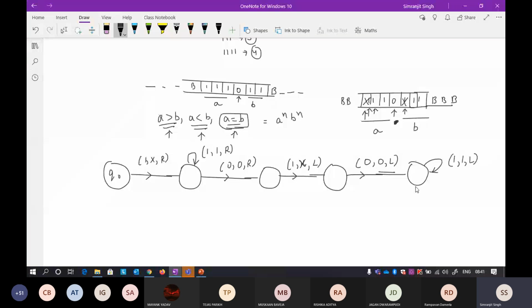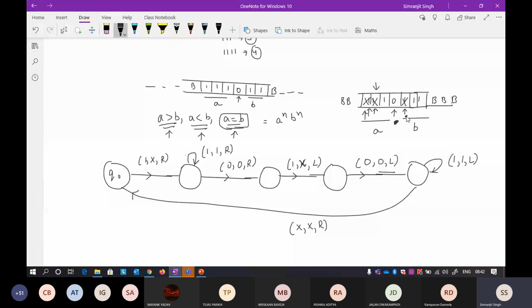So I'm just drawing a loop here, so it will go towards this one. And now when it gets x, it will keep the x as it is, and one step it will move towards right. Okay, now your pointer will be again at 1 this side. And now again there is a 1, you keep this one and keep moving right. So I will again do 2 steps because there will be many things you will not see in the first step. So again now if there is a 1, see the 1 and keep moving right. Yes, there is a 0, see the 0 and keep moving right.